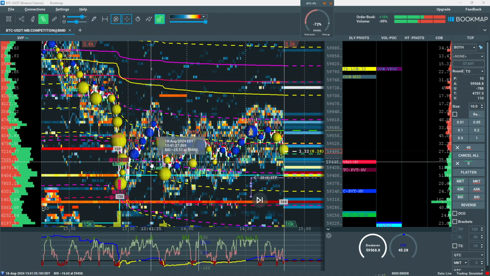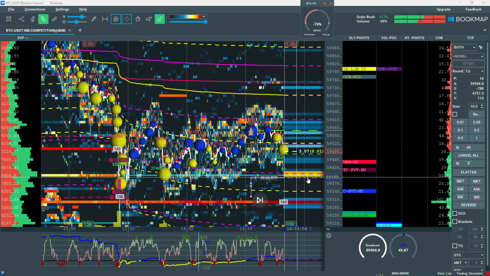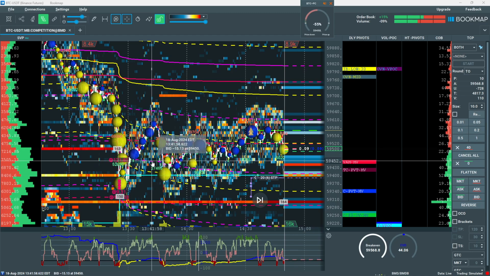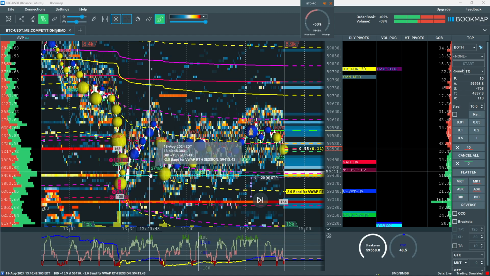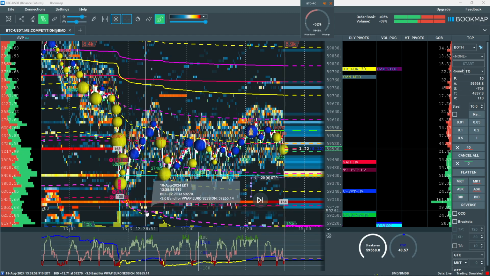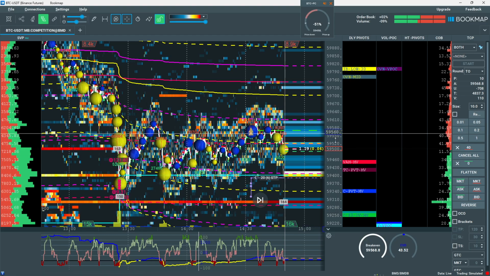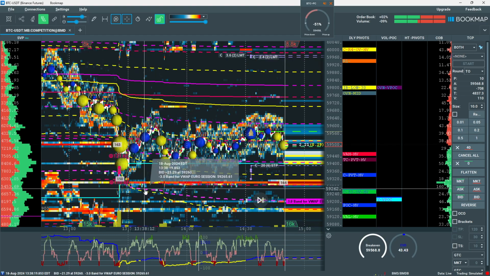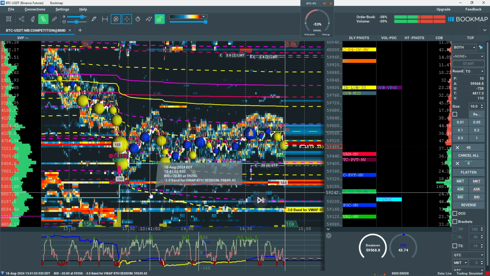This here is, and when I highlight it, you could see the header for it right there. So when I write, that's -2 from the European session. This is -2 from the RTH session, and down here that's -3 from the European session and -3 from the RTH session.